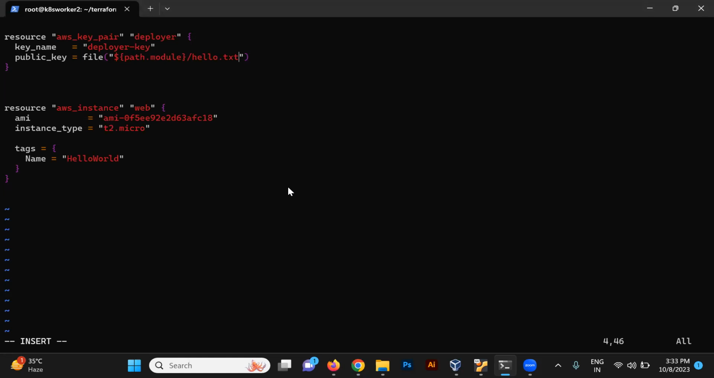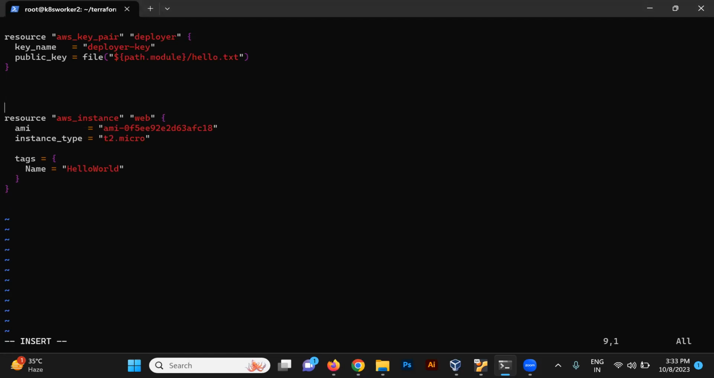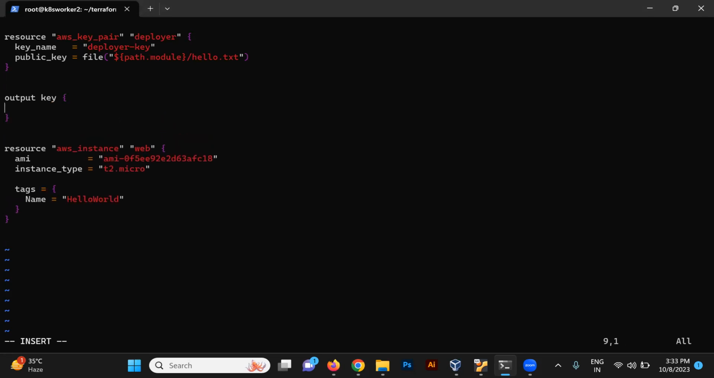File function, I think it will work now, right? And let me just try to print the output here also. AWS output key name. We will be putting this key name as deployer key. So the output name would be any key. And inside this, we will be providing